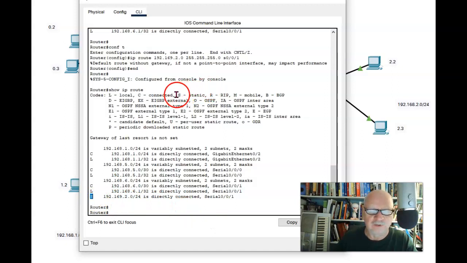And now you see we have an S. If we look at S up here, it means static. So we have a static route that says to get to the 192.168. Oops, I see I mistyped that. 169 instead of 168. We need to correct that.